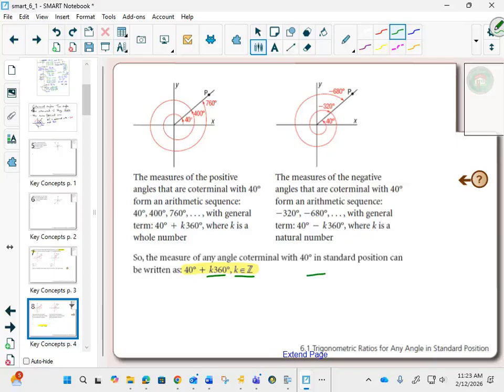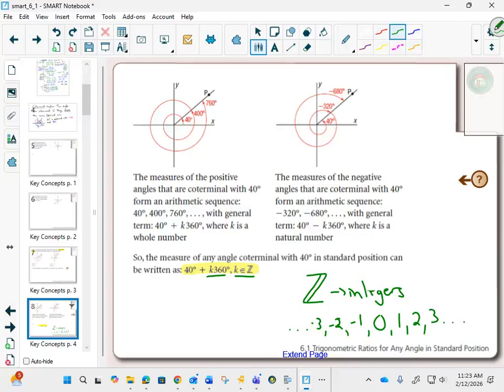This is the mathematical symbol for integers. Integers are all your positive and negative whole numbers and 0. So if your integers are all your positive and negative whole numbers and 0,